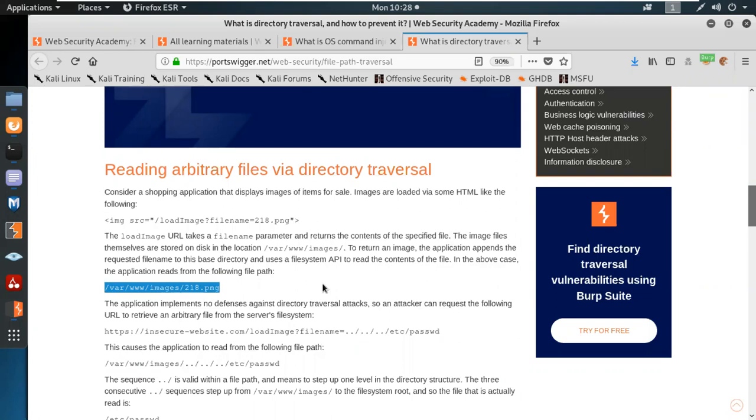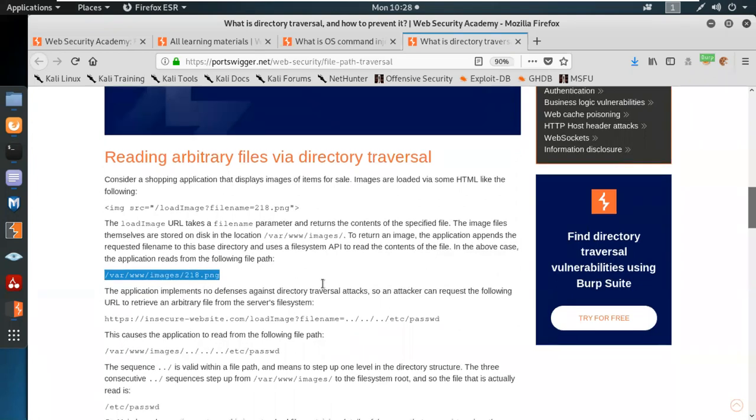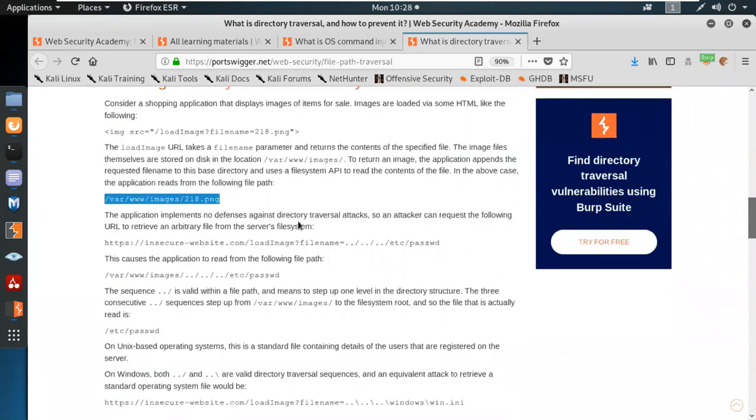So let's have a look at the web application part, which is the vulnerable part. The application implements no defense against directory traversal attack. See, implementation means the input validation part over here. So an attacker can request the following URL to retrieve arbitrary files. Arbitrary means your malicious files. Remember these things, these are common words. The URL is something like this: insecurewebsite.com/loadImage?filename=../